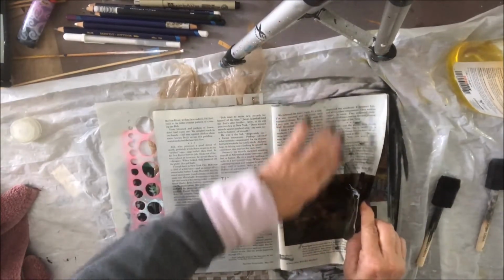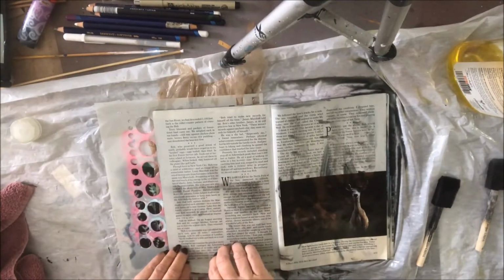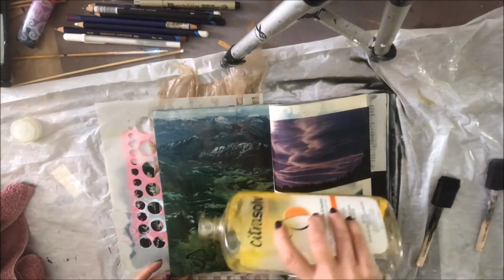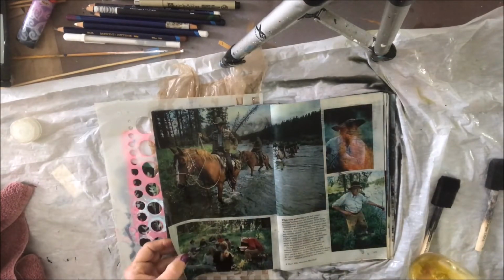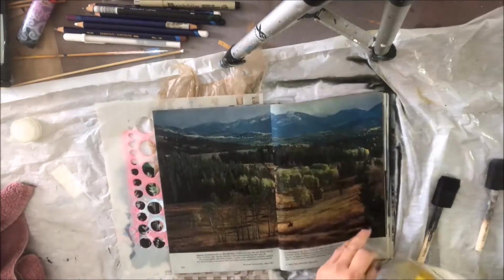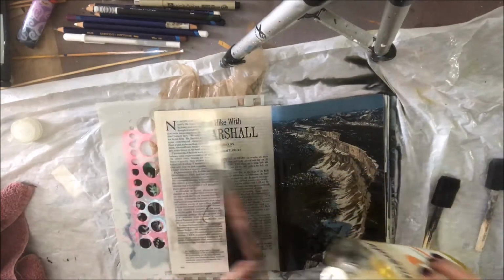See, once it starts moving, you could, let's see if we can do it here. Yeah, so you can go like this and make little lines to make changes. Usually, I let mine sit for at least an hour to let it start eating away at the ink, and I get the best results that way. But I've seen people whose magazines start cooking or melting, whatever you want to call it, pretty quickly. I don't know if it has to do with the weather in your area, whether you're in a dry climate or...